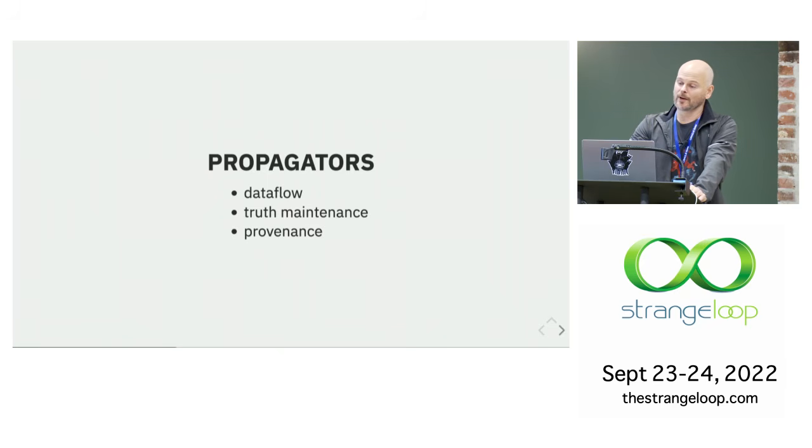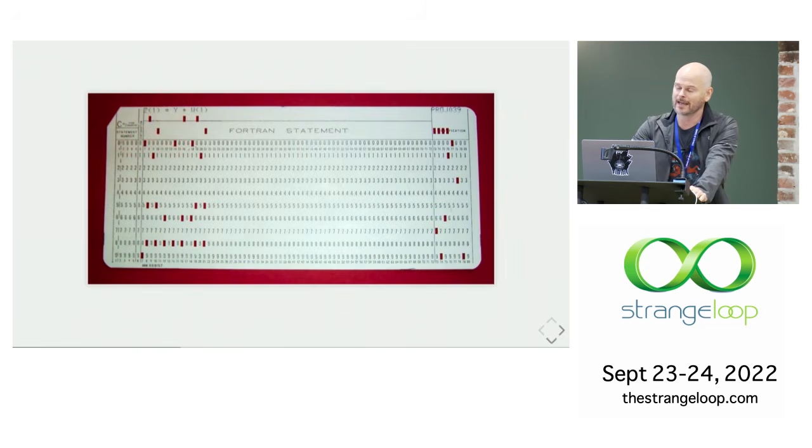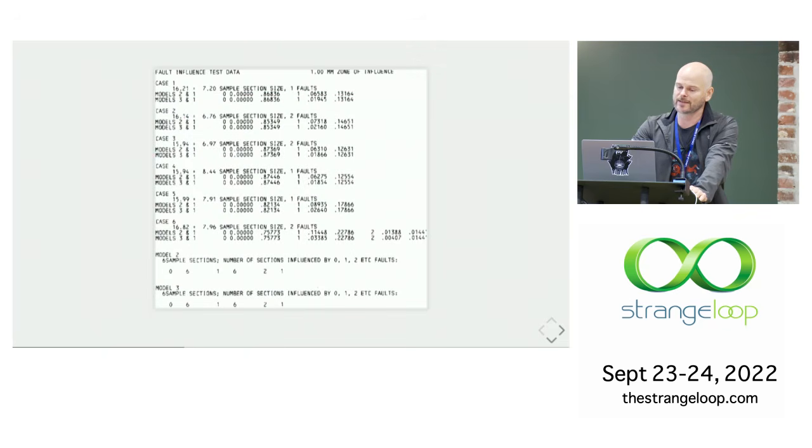Now, we'll move to another area where there's been even less progress. Okay, so now we're getting to the absolute nadir of progress here, and that's in program representation. Let's look at that punch card again. 80 columns, there it is. Now look at this. This is the output of a teletype. Notice that it is fixed width and approximately 80 columns. Notice that the fonts are all fixed width.